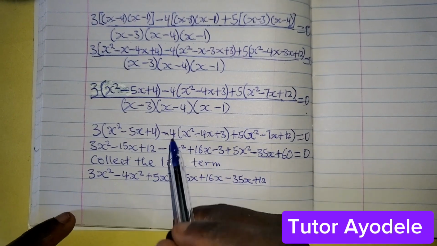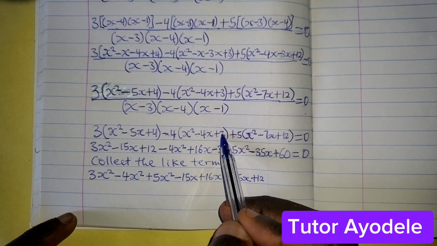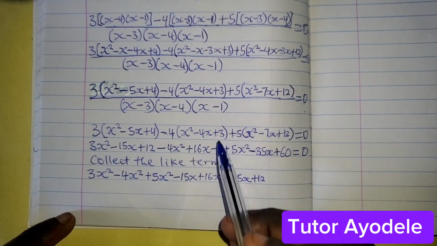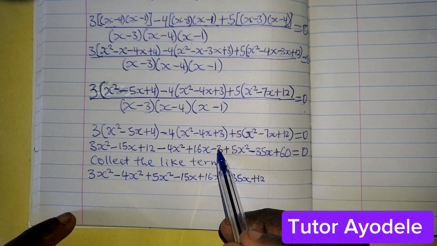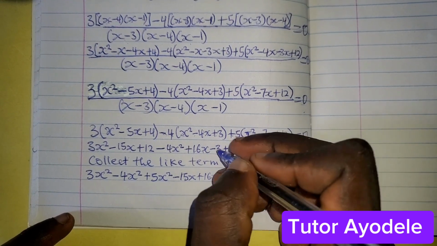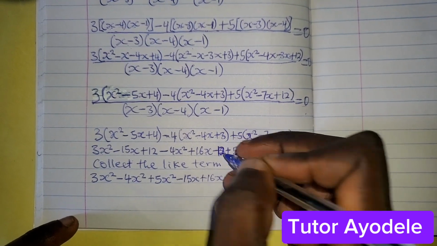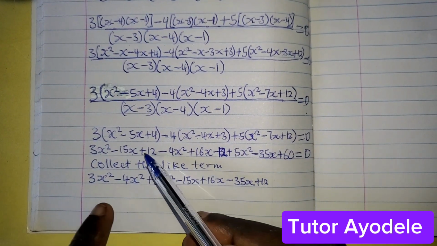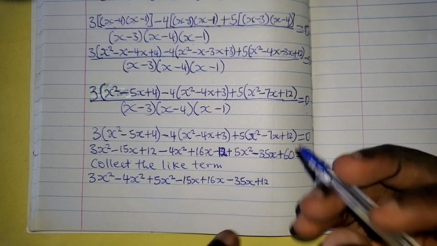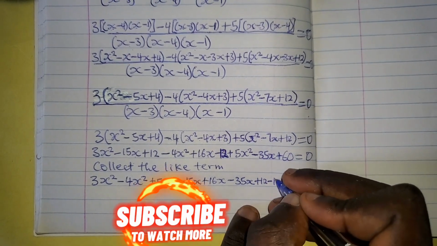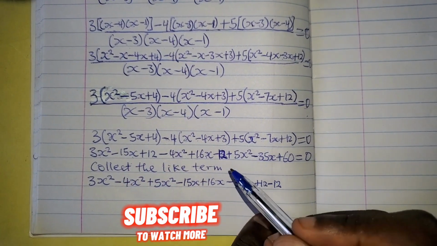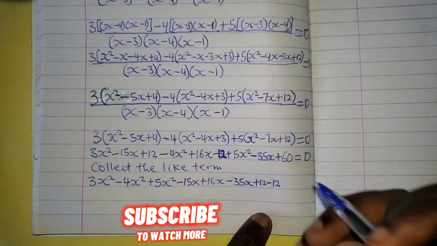Sorry, this was a mistake. 4 times 3, it will be what? 4 times 3 here is minus 12, not 3. It's minus 12. Okay. So I will have plus 12, yes, minus 12, minus 12. Okay. The next one is plus 60